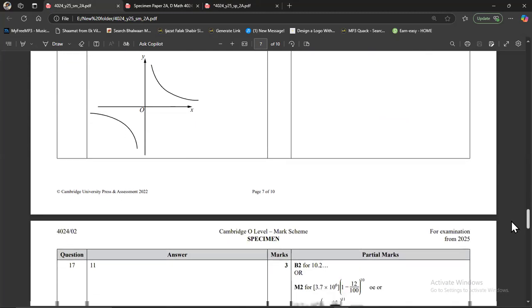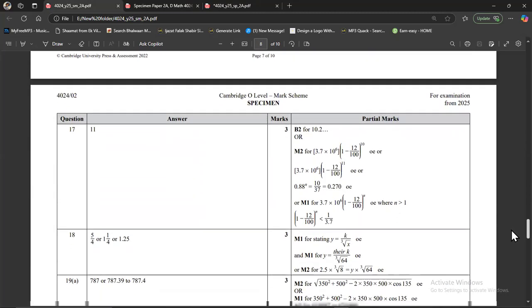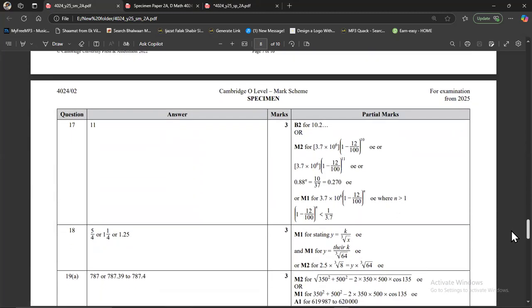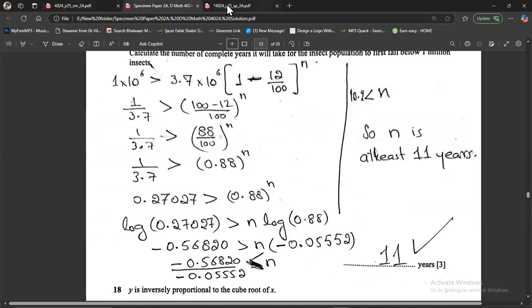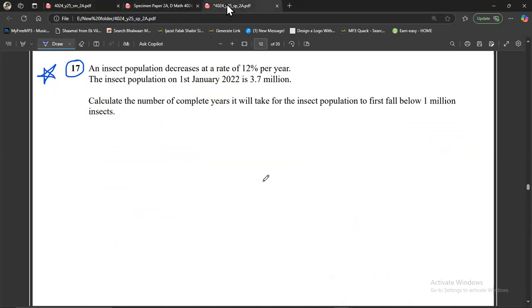We said 11 years, and this is how this is done. So 11 years is the right answer. I hope you understand. This is how I have done it. I hope you understand log. Unfortunately, we have to use log,